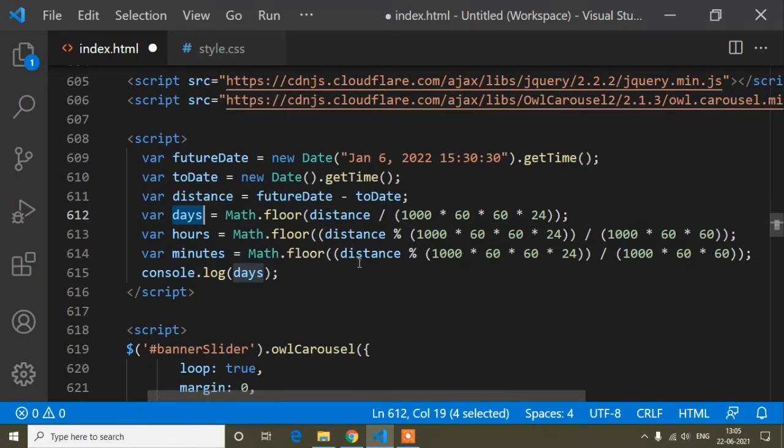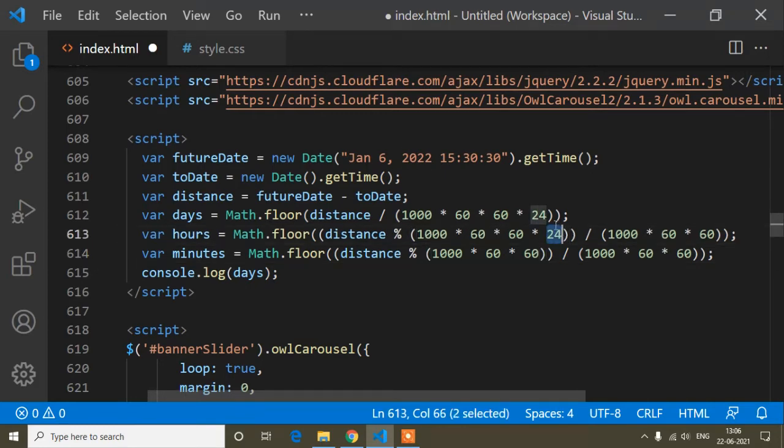And now minutes. So the minute calculation will be like here: distance percentage and 1000 into 60 into 60. I will just remove this one, because for minutes we don't need to calculate 24, because 24 is for hours.